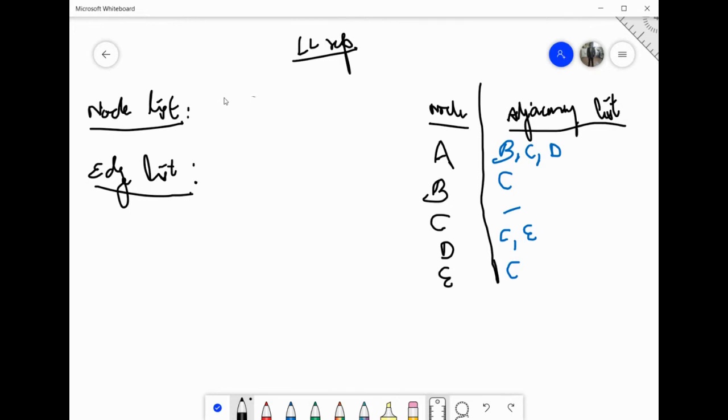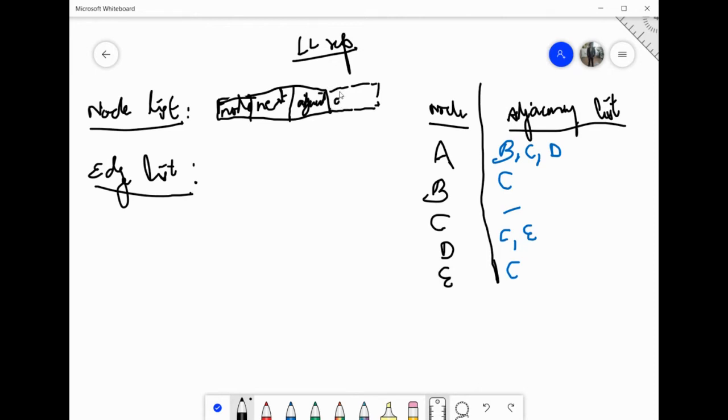Okay, a node list will look something like this. It will have three parts. With this example only it will be clear, don't worry. So a node list will have three parts. First part will be the node itself, which node we are talking about, the name of the node. Next two parts are the pointers of type structure. So this is the next pointer and this is the adjacent pointer. Okay, these two are pointers. There can be a part also, if you want, you can define this in your structure.